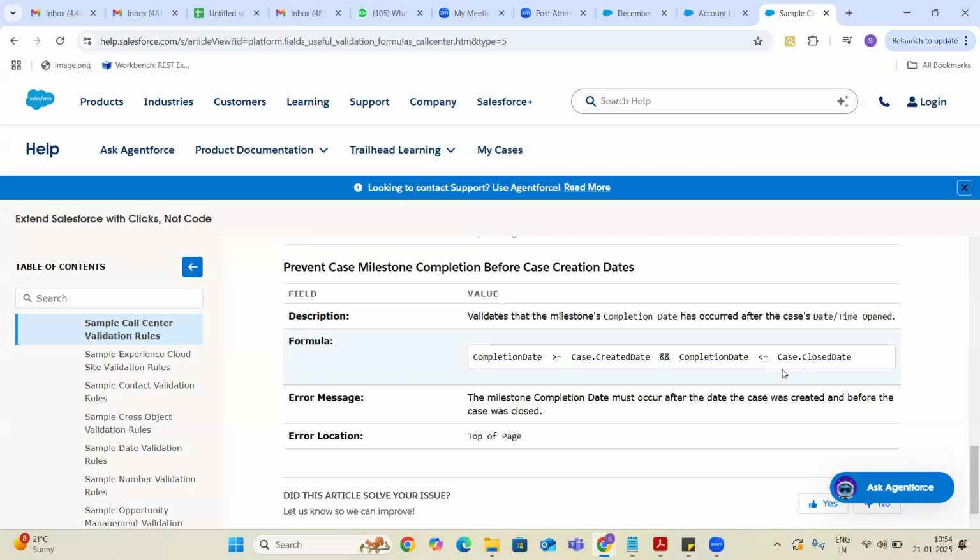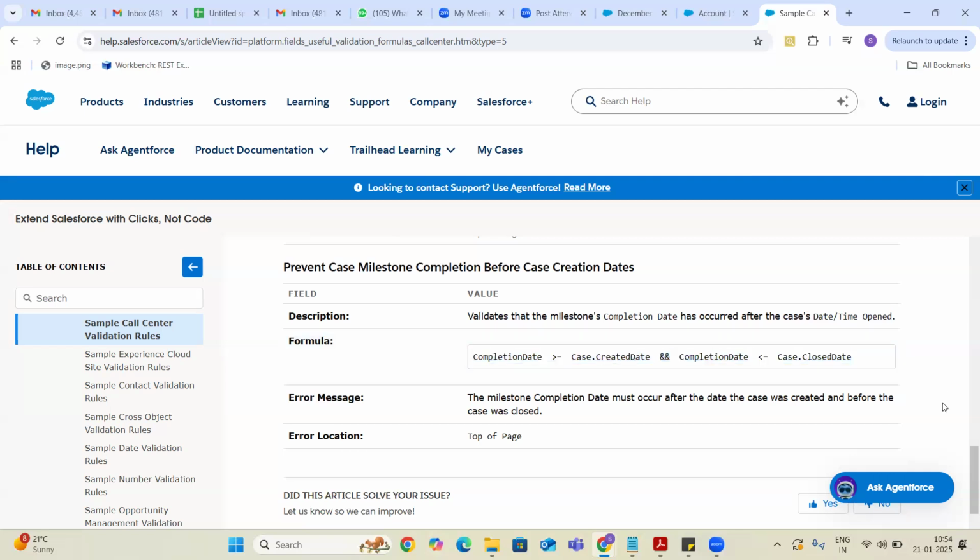I remember I have explained it when I was explaining case management. There is a milestone completion date that we can select, and whenever we select that date, we need to make sure that it is greater than the created date and less than the close date of that milestone.